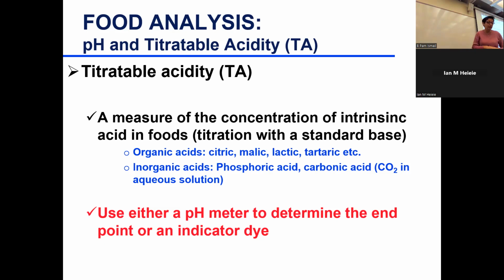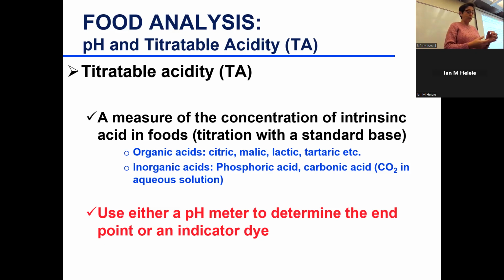So you put phenolphthalein indicator, and then you titrate to a pink color. So when you titrate with NaOH, the color changes to pink, and that's how you would determine the endpoint and calculate percent titratable acidity. You can also, instead, which you will be doing in the lab, titrate,